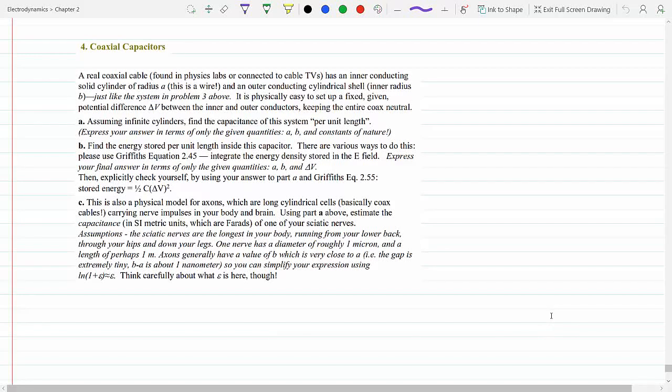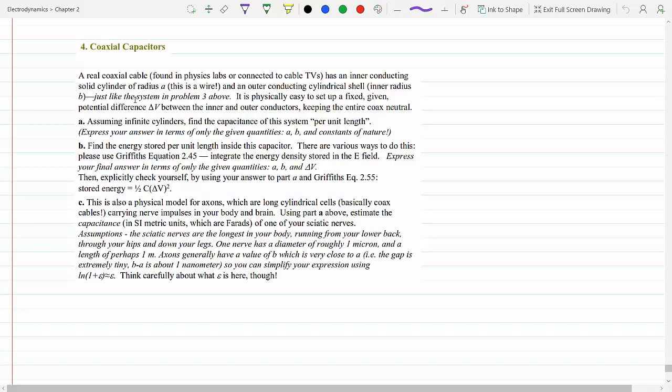A real coaxial cable, found in a physics lab or connected to a cable TV. Okay, that's what it is. It has an inner conducting solid cylinder of radius A. This is the wire. And an outer conducting cylindrical shell,